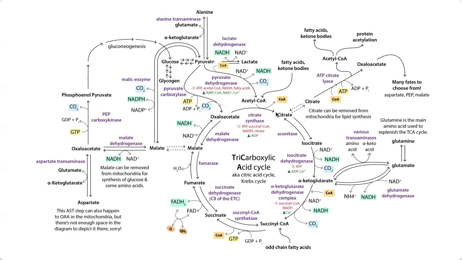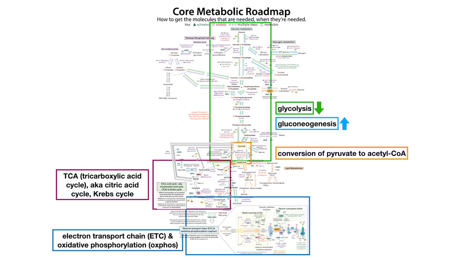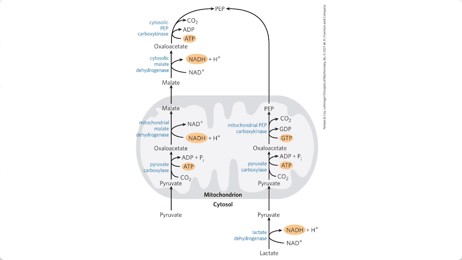Just know for now that citrate gets taken out of the mitochondria to make fatty acids and more ketone bodies. When we talked about gluconeogenesis, remember that's the making of glucose from non-carbohydrate sources like pyruvate. If we start with pyruvate, then in order to get to phosphoenolpyruvate, we had to make oxaloacetate as an intermediary. We use pyruvate carboxylase to make oxaloacetate, and then we use PEP carboxykinase to make our phosphoenolpyruvate. Remember that the pyruvate carboxylase step was happening in your mitochondria,